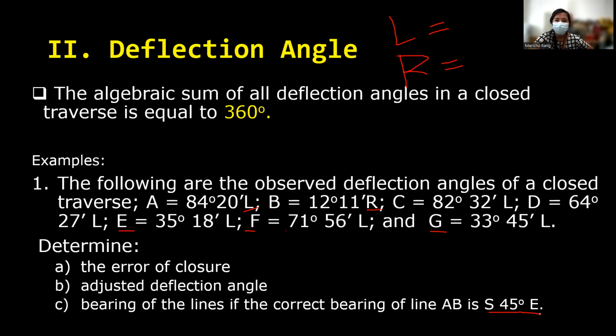Okay. So here's the solution. First, we need to determine the error of closure of our polygon or yung ating traverse. So A, since pa-left siya, and B, we denote this as negative for angles to the right. So C, since left siya, so all of the left,